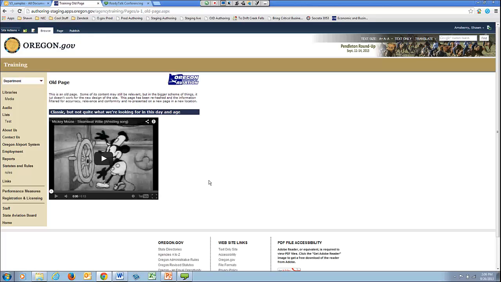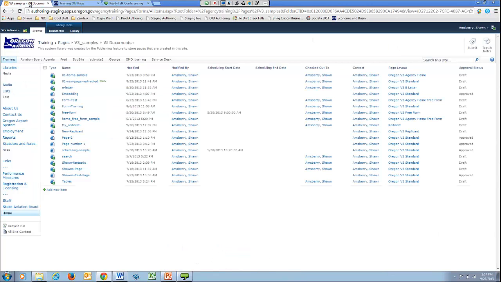or maybe somehow inaccurate based on the changes that have gone on in your agency, as far as maybe there are services that are available now that weren't back when the page was established, or maybe there's been a reduction in services, or contact information has changed, or maybe the whole project was reorganized, and so now the website doesn't really make sense, and so you're changing those things. What you want to do is take what's relevant on this page and put it in a new place, and so you'll go to this